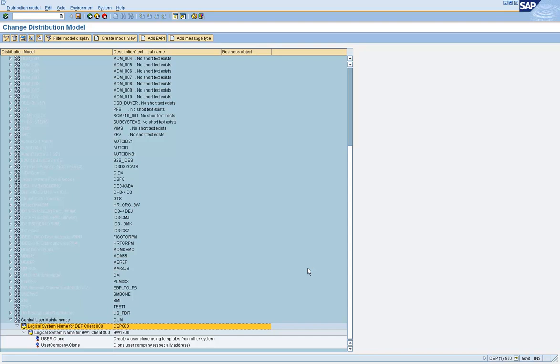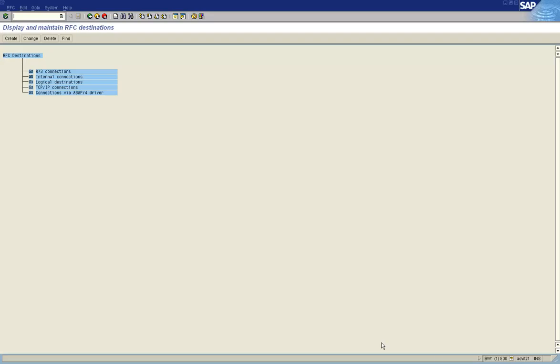But before doing that, generating a partner profile can be done using the transaction BD64. Now to do that, the model view that you created has to exist in the child system also. In our example, the child system is BW1800.